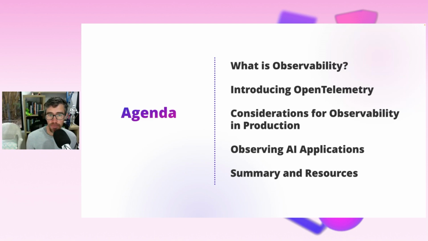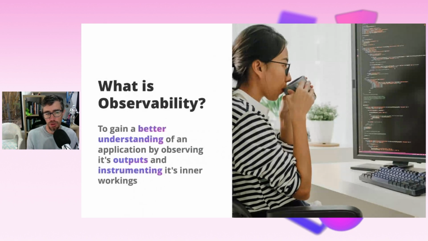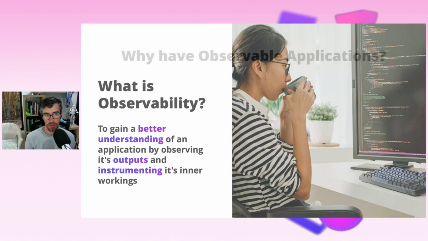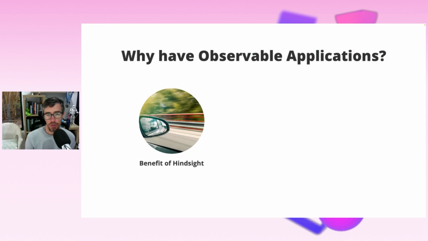brings to telemetry. So first things first, what is observability? You've probably heard terms like logging and monitoring before, but observability is a bit of a convoluted way of saying that you're trying to understand an application better by looking at its outputs and trying to instrument its inner workings. There's different ways of doing it. So why would you have observable applications in the first place? If you just have logging,